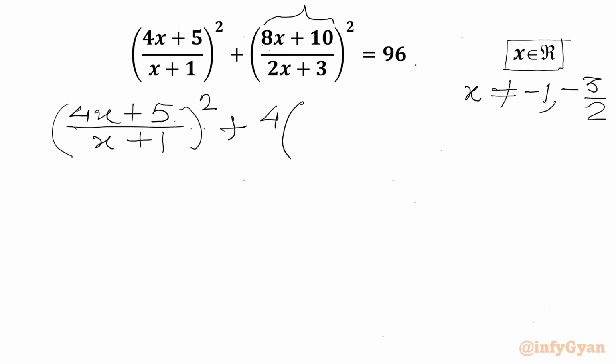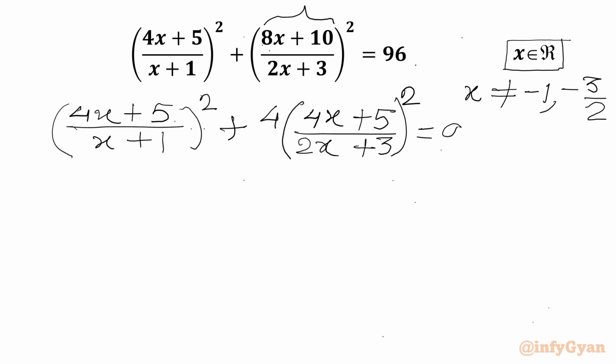In the bracket we can write 4x plus 5 over 2x plus 3 whole square equal to 96. Now I will divide our equation by 16, or I can say divided by 1 over 4